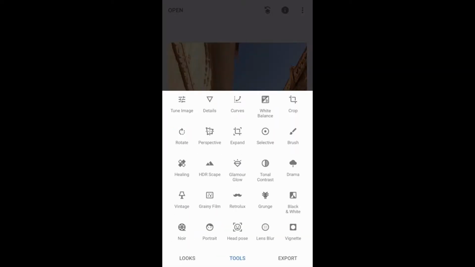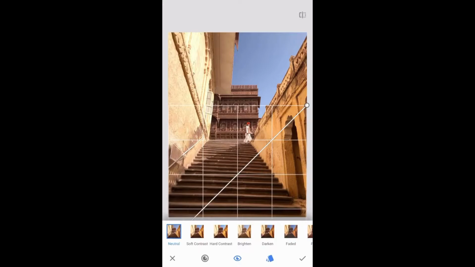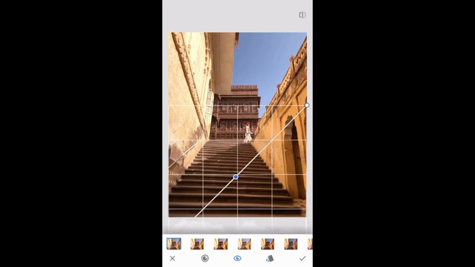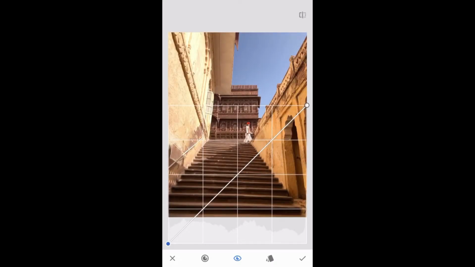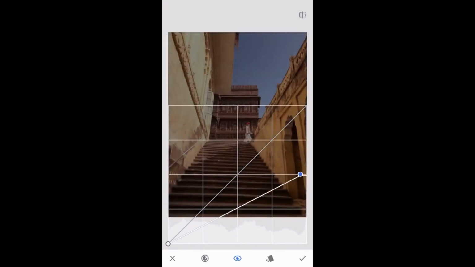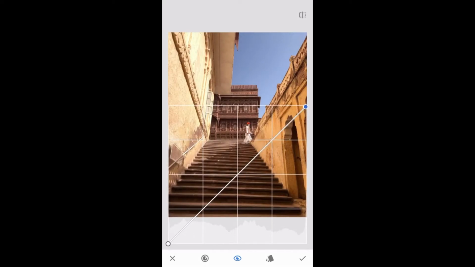Today we are going to learn about the curves. So for that you need to know a couple of definitions very quickly. It's not very tough. The blacks are basically the darkest parts of the image that have no details. The whites are the brightest parts of the image that have no details, and these 2 points are on the left and right respectively. So the left one is called the blacks and the right one is called the whites. So if we increase the blacks, we get a white image, and if we try to decrease the whites, we get a black image. So these are the darkest and the brightest spots which have no detail. That's why we get a solid color at the end.